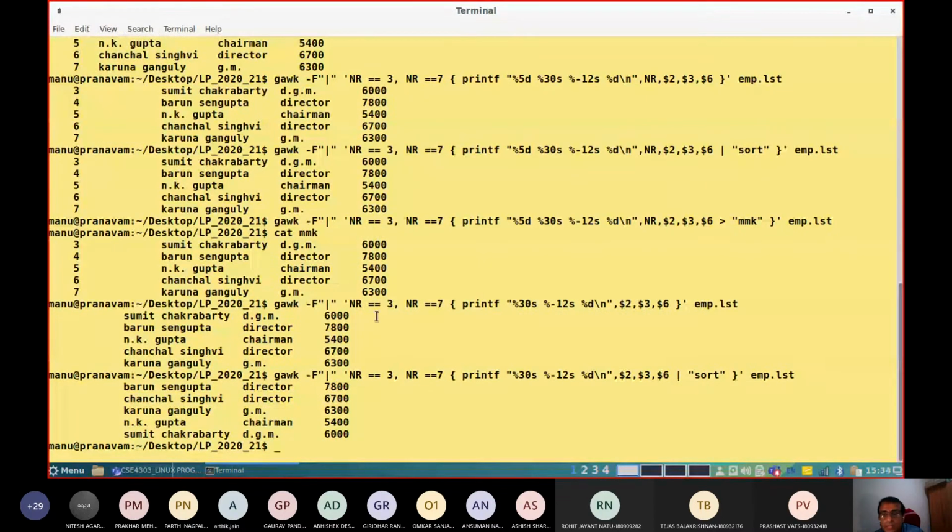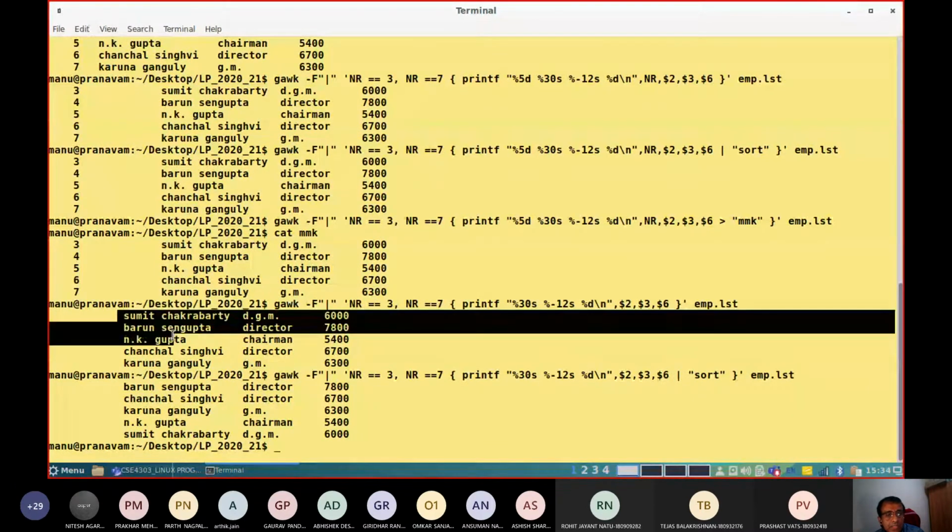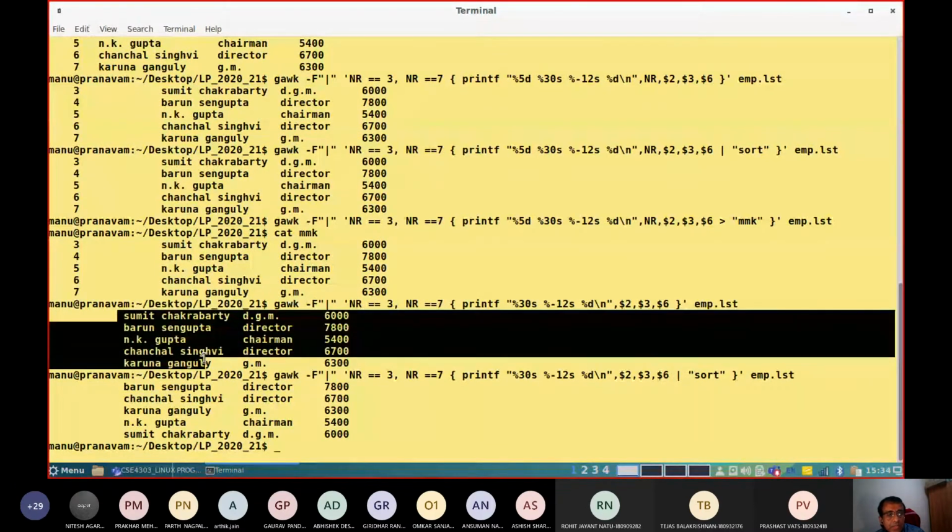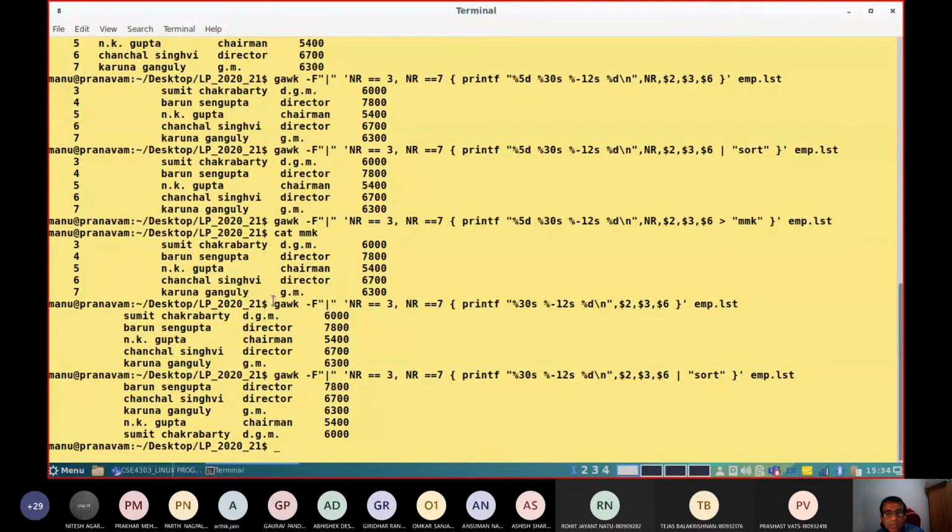What happened here? Look into the output here: Sumit Chakrabarti, Barun, N.K. Gupta, Chanchal, Karuna. These are the outputs because of these previous commands. I am printing line numbers 3, 4, 5, 6, 7, and only name, department and their salary is listed.